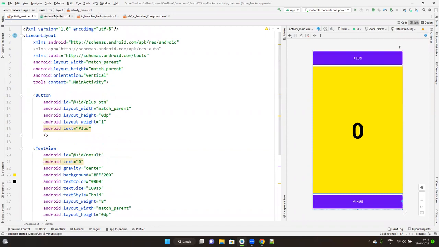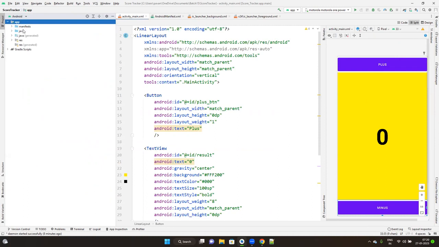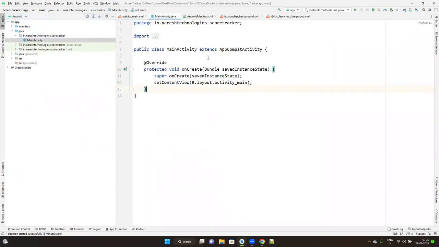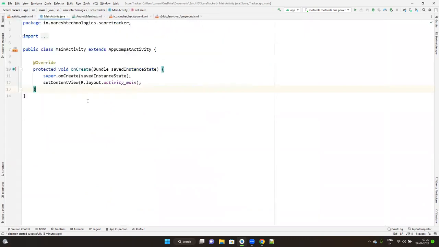Now, for each XML file of an activity, you will have a Java file created first. So this is the Java file that is created as soon as your project is created. Remember,